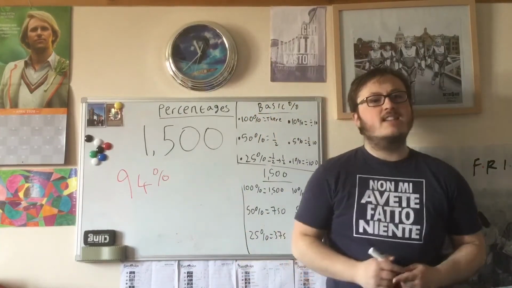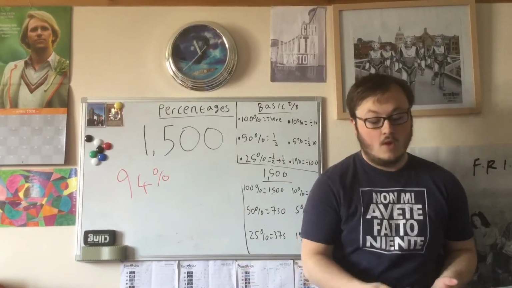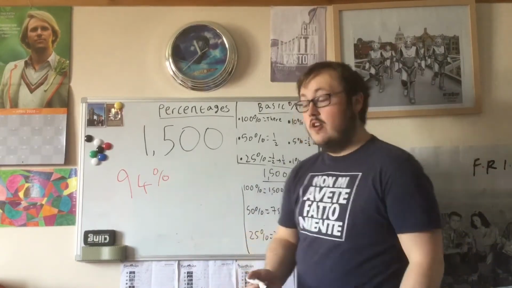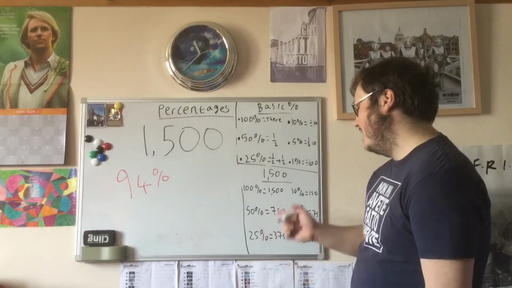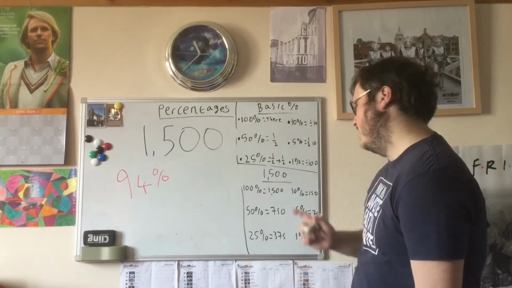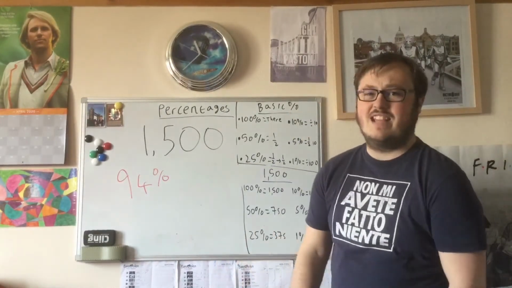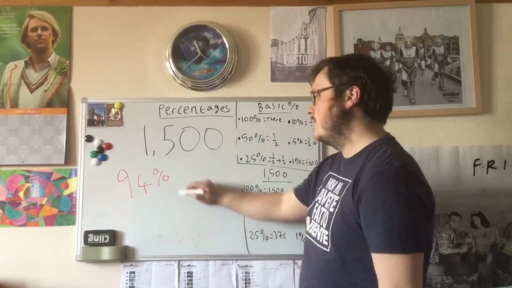How do we find 94% of this number? What could we do? Well, we could do 50%, add 10%, add 10%, add 10%, add 10%, add 1%. That takes too long. I got bored even saying it. So how about this? Why do we do